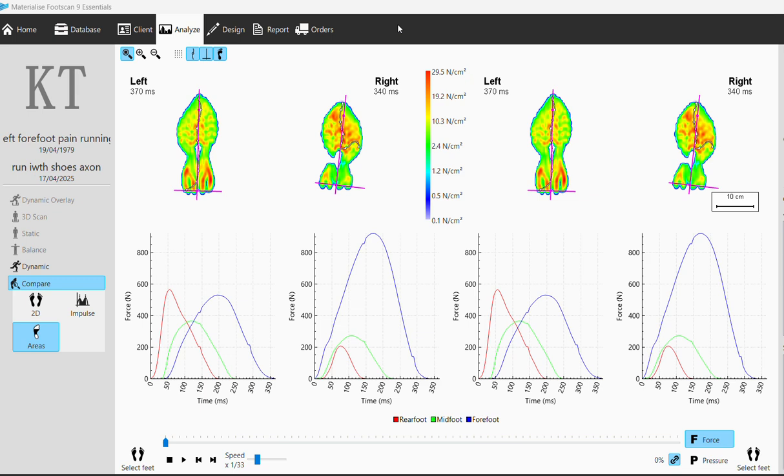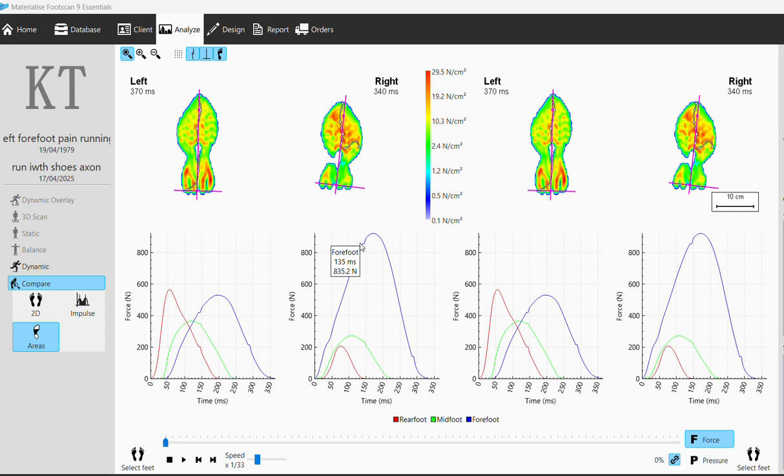So here we can see the runner who had the left forefoot pain running over the footscan mat in her shoes, and what's interesting is the left side, where she's getting the most pain, has a lower forefoot pressure that we can see here compared to the right, which is much higher. But we can also note that she has a left heel contact, whereas on the right side it's her normal